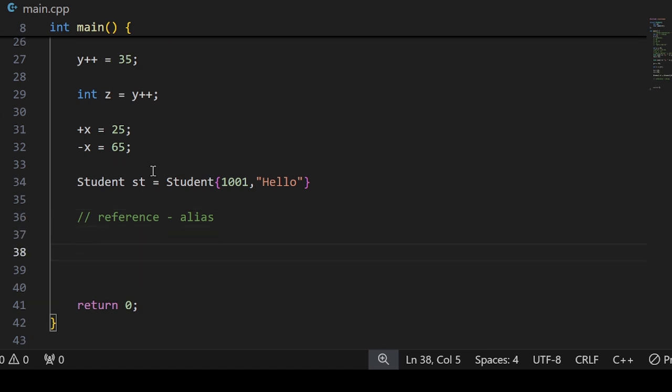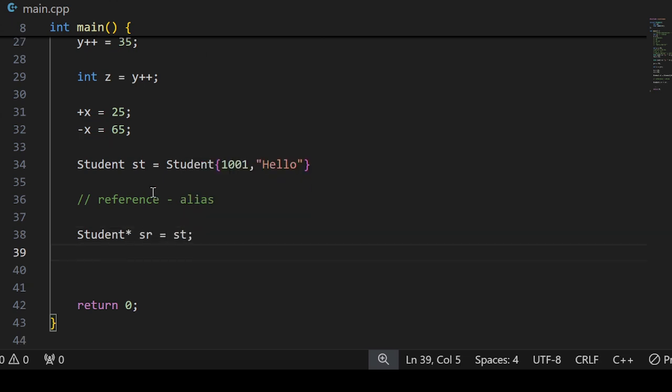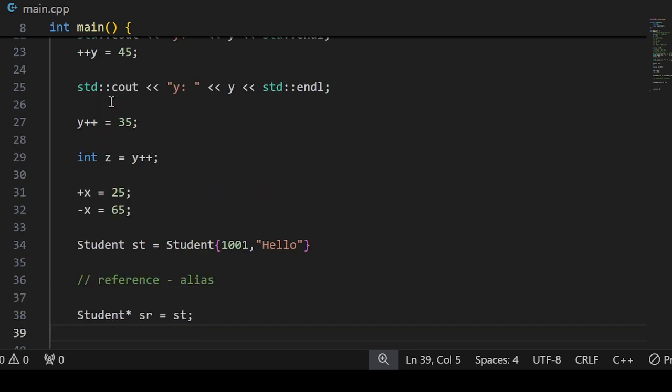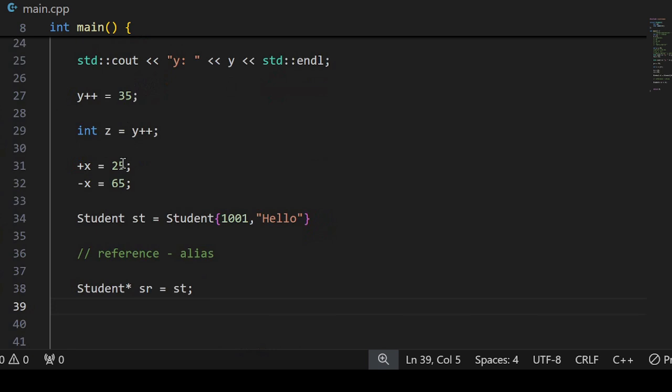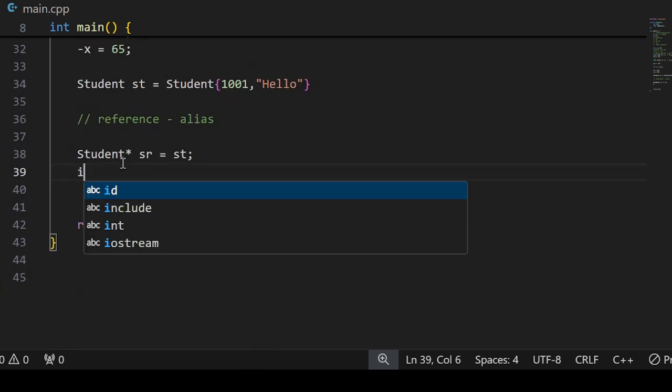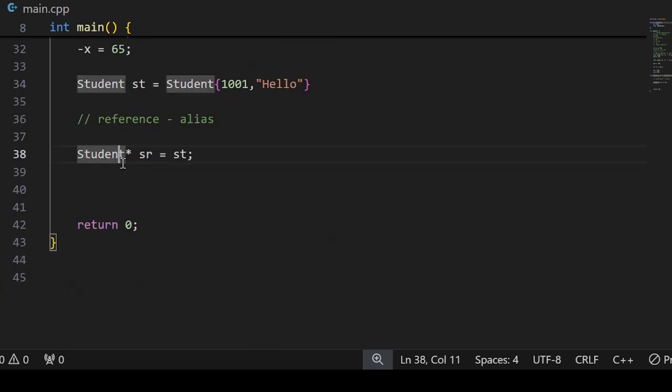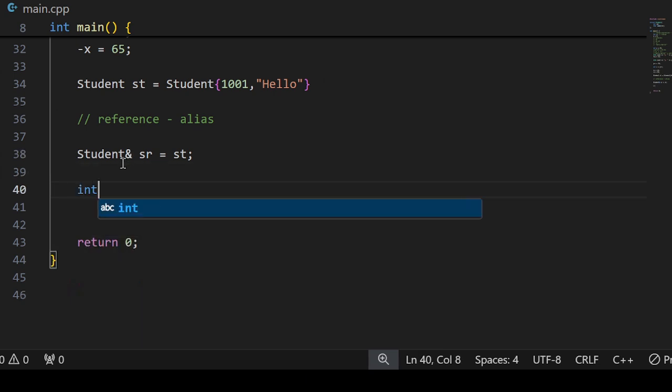If I want to create an alias of this student object, I would do something like this. Or if I want to create a reference to refer to this variable x, then I would do something like this. Sorry, I should have used this character ampersand here, int ampersand,